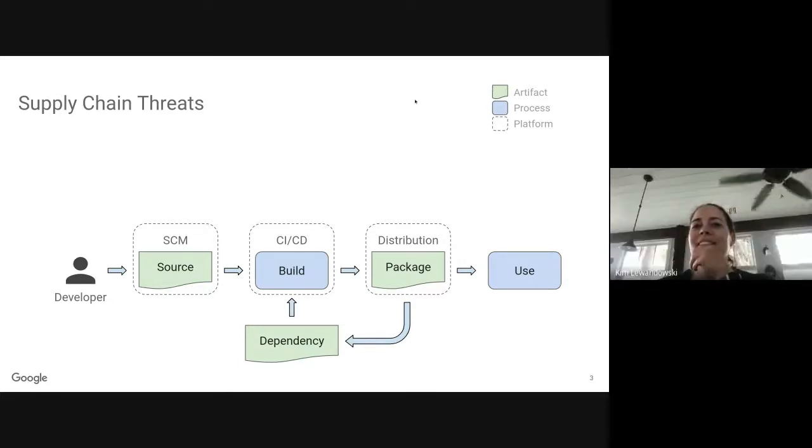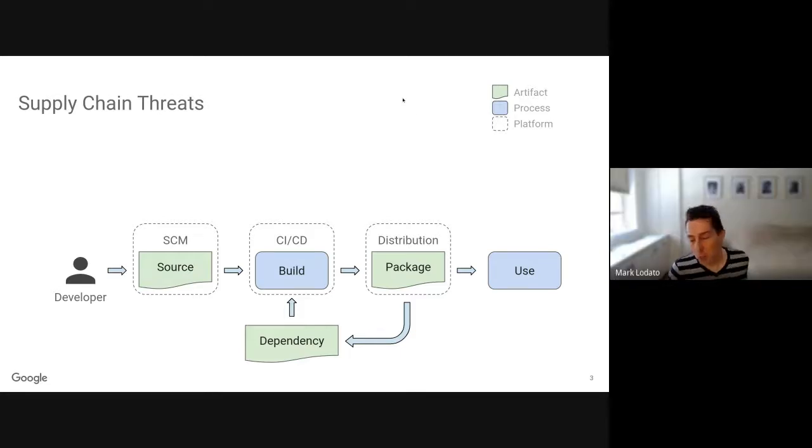So briefly, we model a software supply chain looking something like this. A developer submits source code, they build that, and that also pulls in some dependencies. The output of that, let's call a package, without loss of generality.